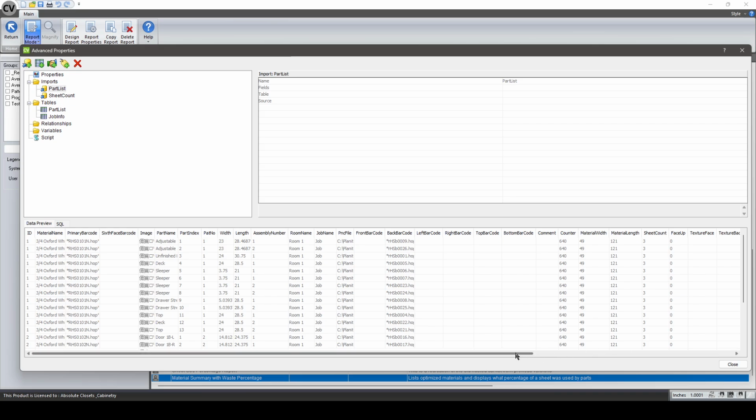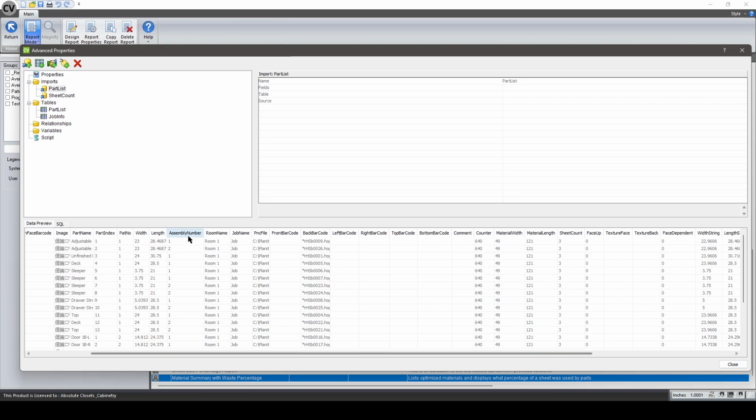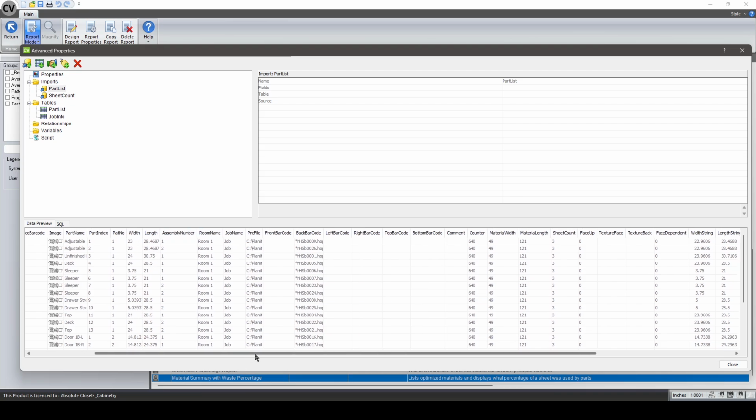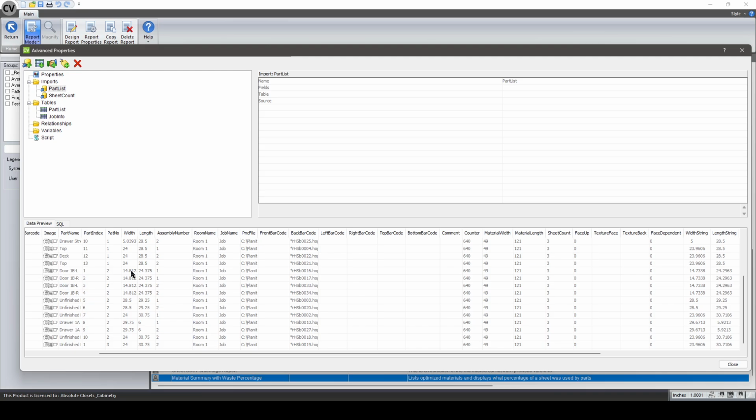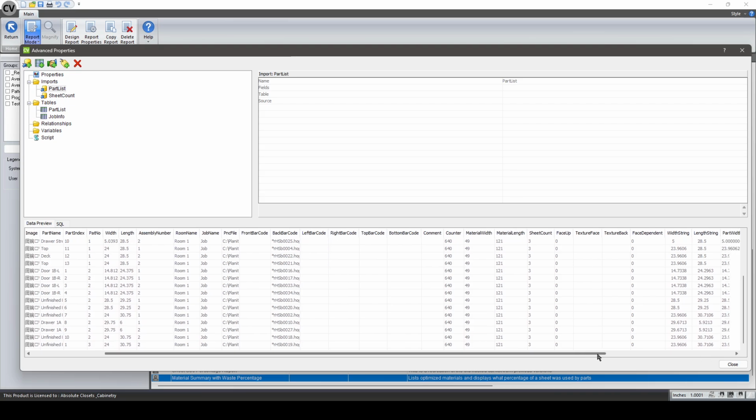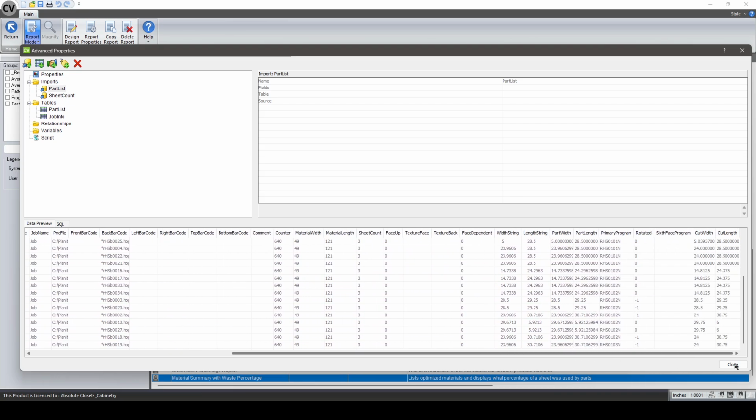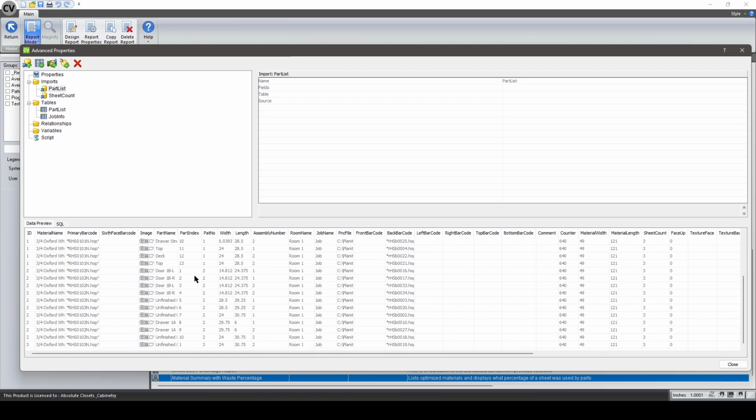And what PartList also has already built right into it is width and length. But we won't be using these fields, actually, we might use those ones. Cut width and cut length are what we're actually going to use. I'm sorry. But the point is, you already have everything you could possibly need right here in this